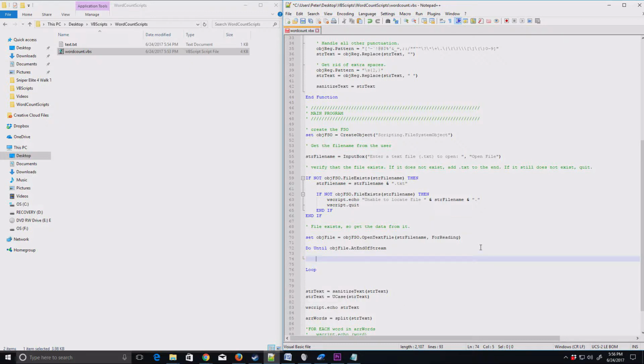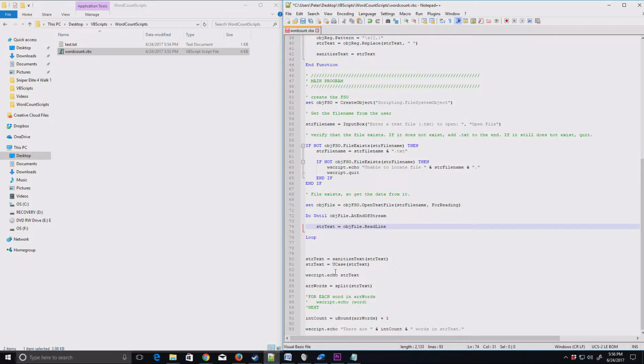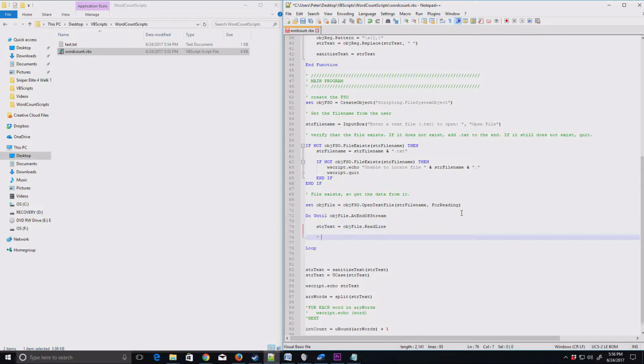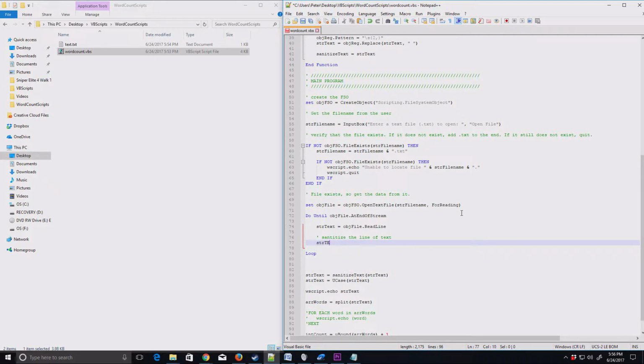And so what it will do is read str text will equal the object file and read line. Now that means that the way that we're going to be doing this down below will have to change just a little bit. But that's fine. We can easily handle that. So the first thing we're going to do, of course, is sanitize a line of text. So we'll do str text